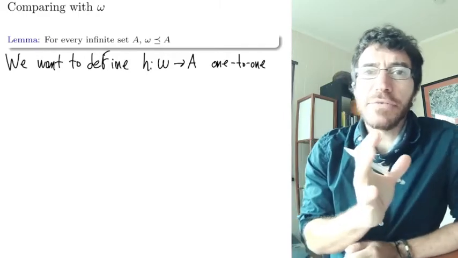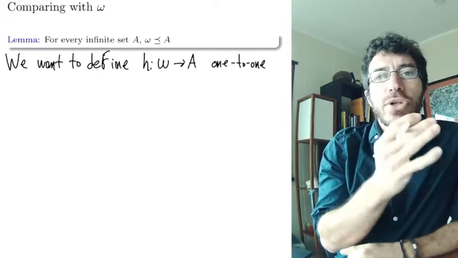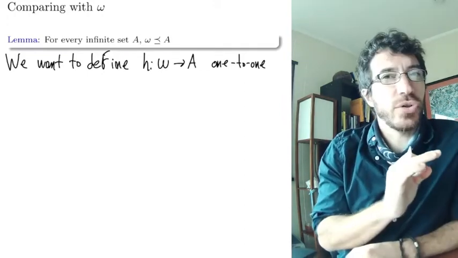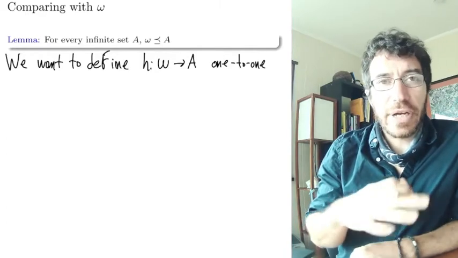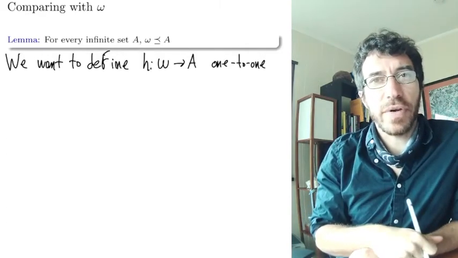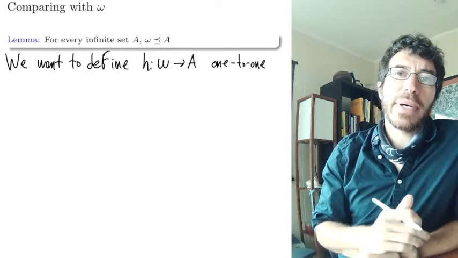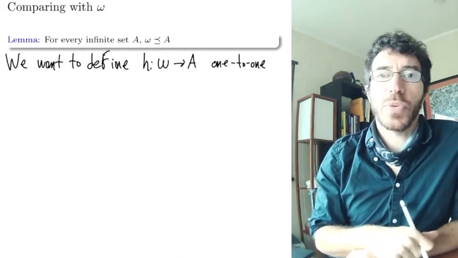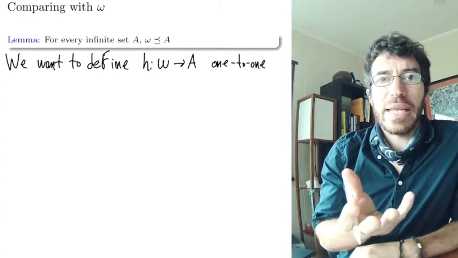And remember, all that infinite means is that it's not equinumerous to any natural number, right? So that's all that we know about A. So what is the idea to define this function h? And the idea is to define it by recursion. So we're going to define h of 0 to be some element of A, which